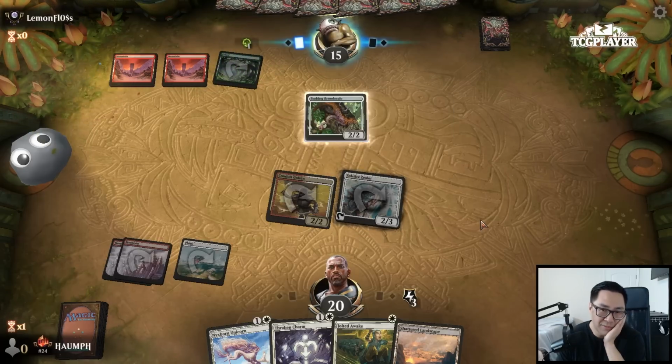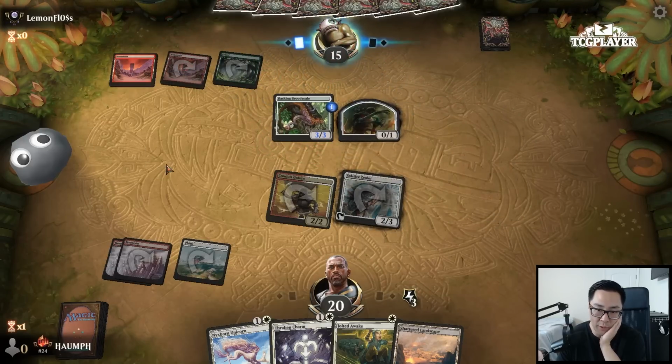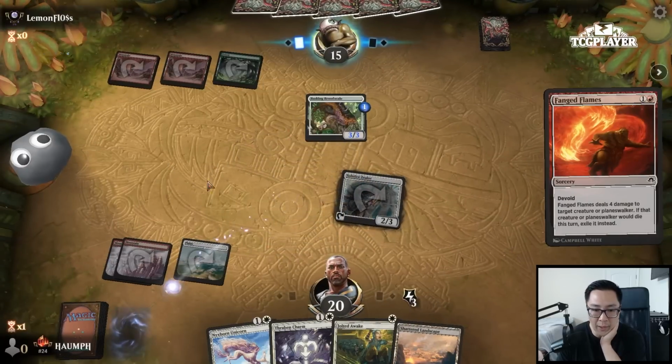Oh no. Yeah, it's the bite spell. Oh no, it's just an Adept. That's not as bad because they don't have another green source here. It looks like it is a removal spell though. Maybe it's a Fanged Flames. Oh, that makes it so much worse because I have the Jolted Awake, but...